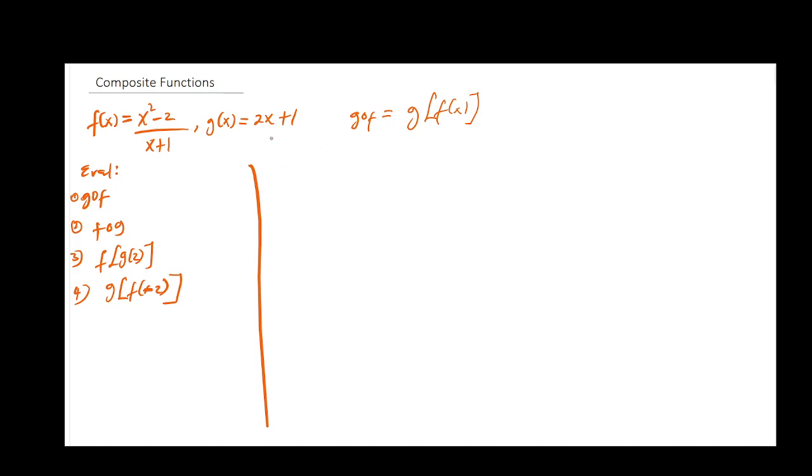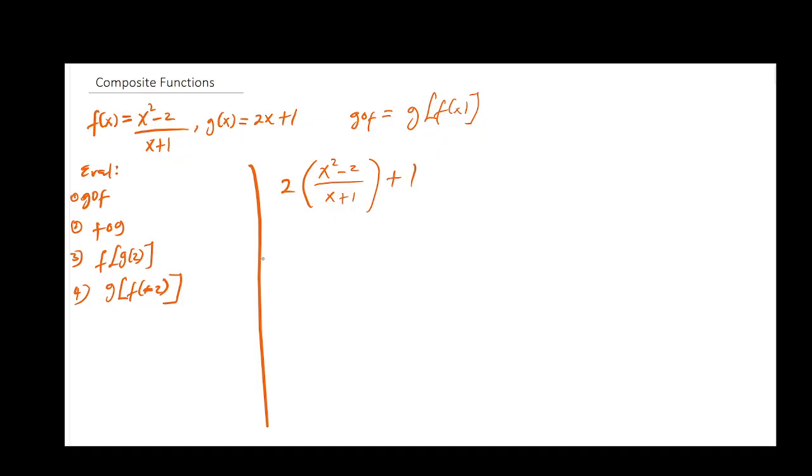So anywhere we see x in g of x, we'll replace it with f of x. So we have 2, and instead of having x, we are going to have x squared minus 2 all over x plus 1